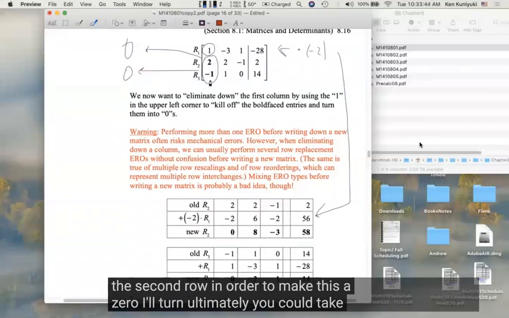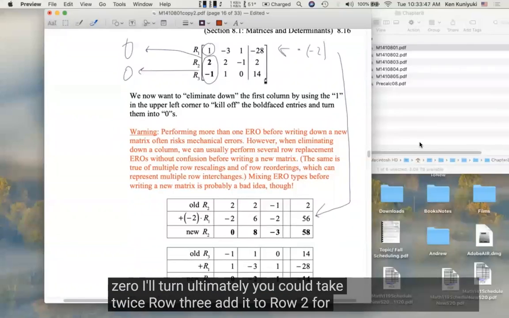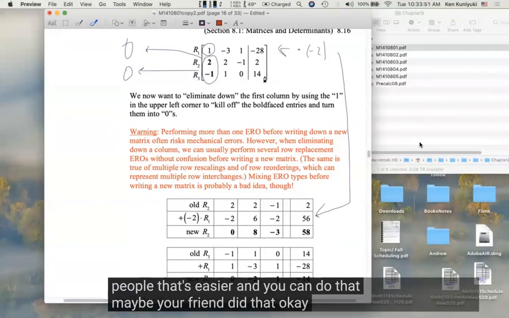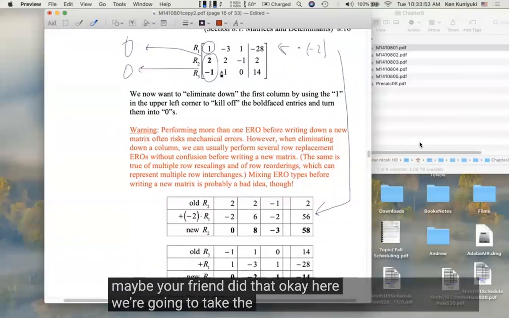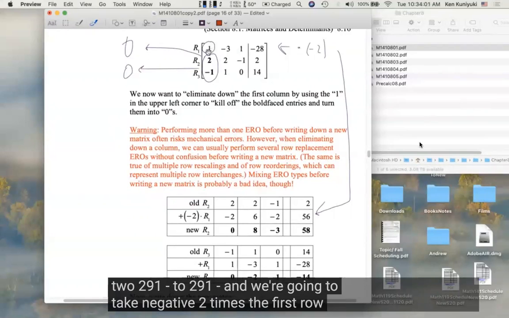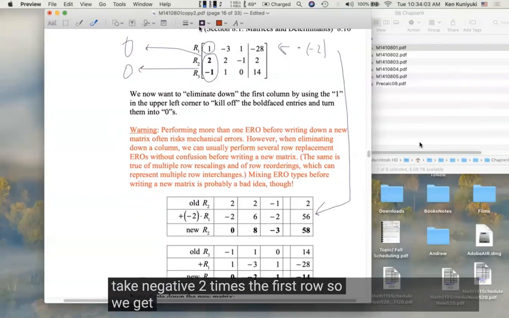Alternately, you could take twice row 3, add it to row 2. For some people, that's easier, and you could do that. Maybe your friend did that. Okay, here we're going to take the old row 2, the 2, 2, -1, 2, and we're going to take -2 times the first row. So we get,